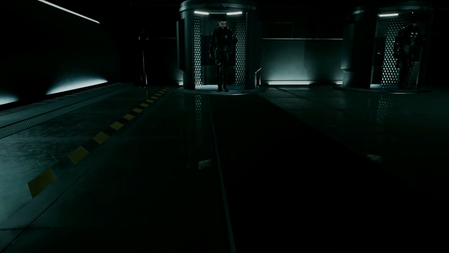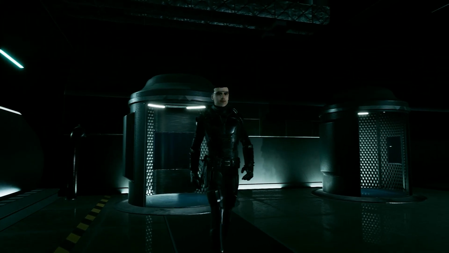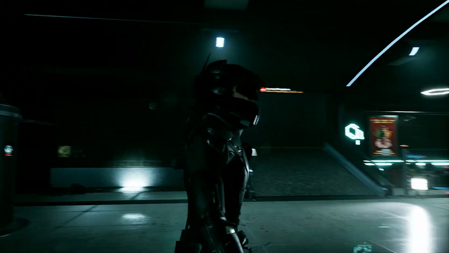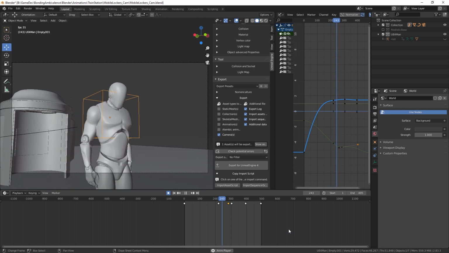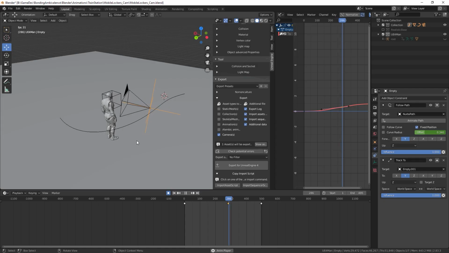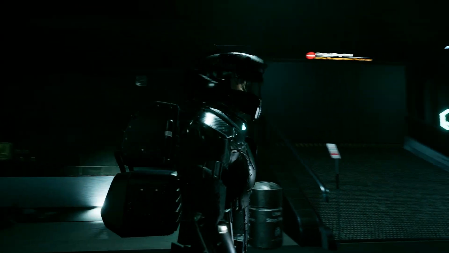Animating a camera is not very convenient in Unreal, especially if you want to add complex movements, imperfections, or make your camera follow along the spline with the target. Well, it is possible to animate this in Blender and export the data in Unreal by enabling the Python Editor Script plugin inside the game engine. By placing the camera as it should be, you will get the exact same movements with all its complexity.